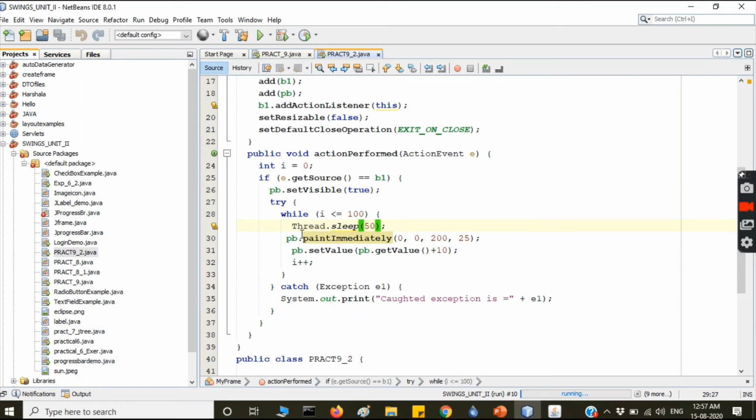So sleep method is used to give the delay, and then paint immediately you are passing the parameter, and कैसा आपका values, pb dot set value, pb is the progress bar object, set value, pb dot get value, उसका values retrieve करेगा plus 10 add करके आपका वो values set करते जाएगा. So increment होते हो जाएगा.